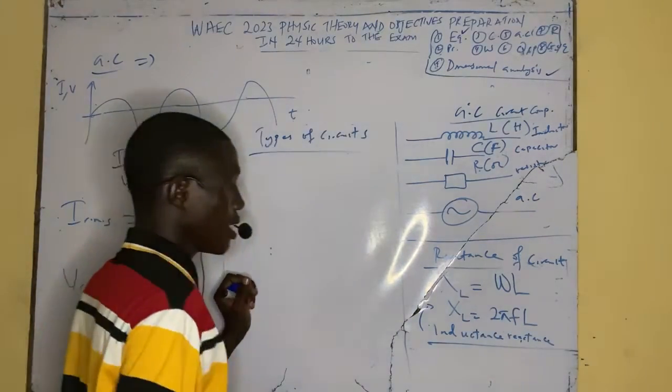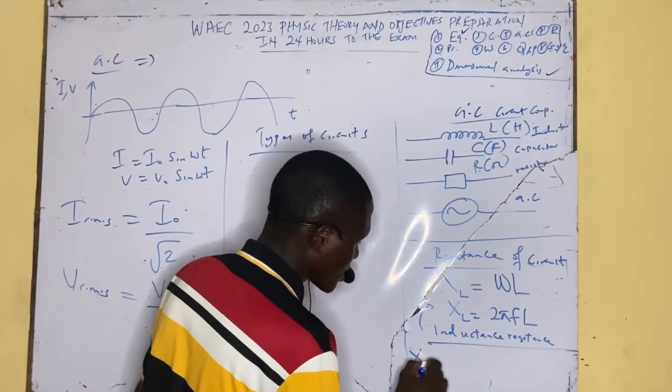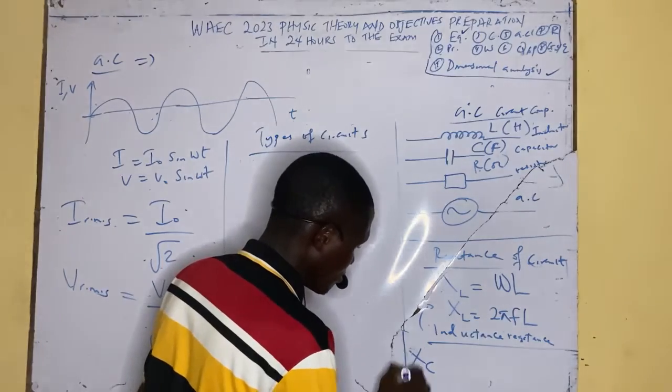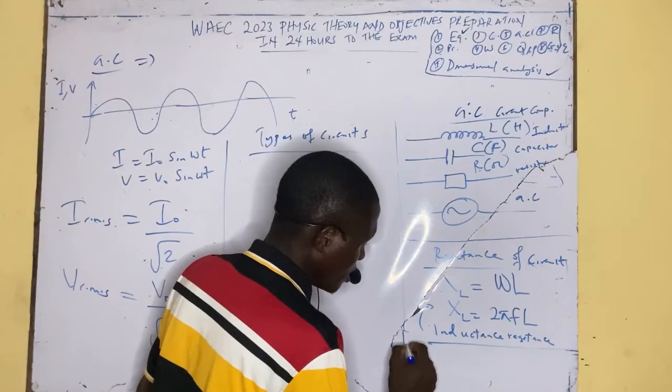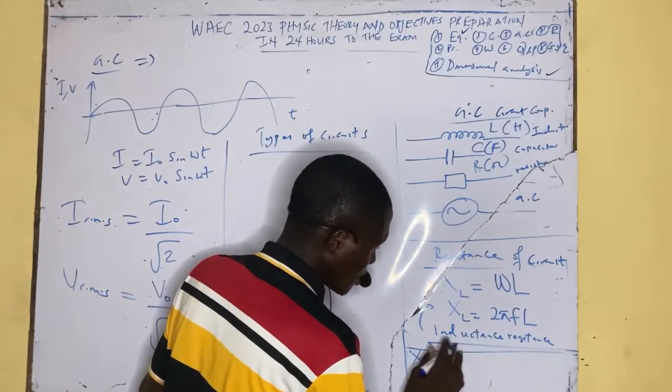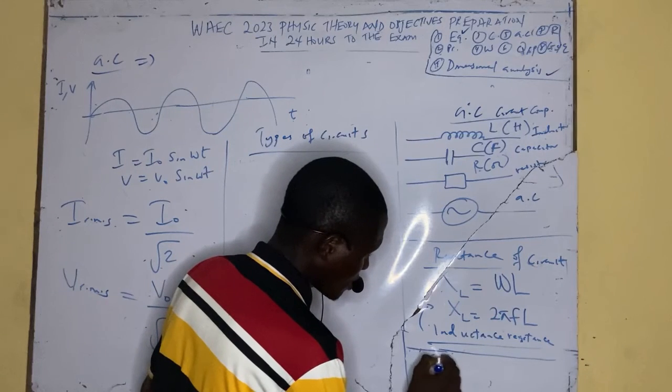Okay, or inductor reactance, whatever I want to call it, just an English word. So the other one is XC. XC has to do with what? The capacitance. This one has to do with capacitance. Let me write, I'm doubling it so that you know that this one is different from this. So this one is capacitance,